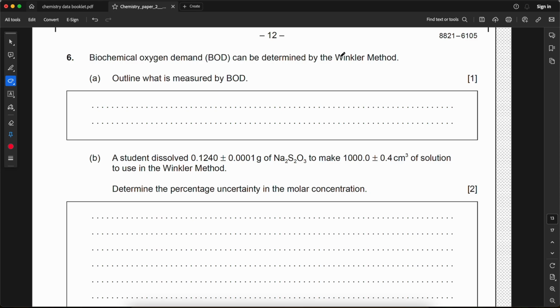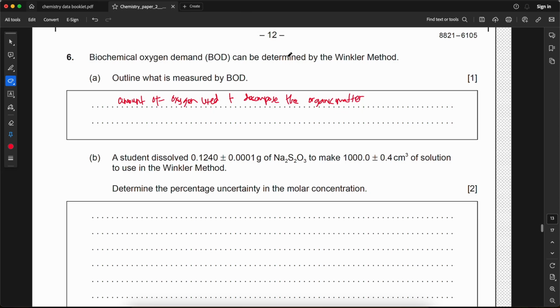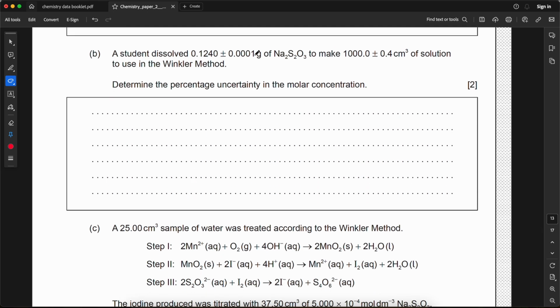Biochemical oxygen demand can be determined by the Winkler method. Outline what is measured by BOD. BOD means the amount of oxygen used to decompose the organic matter. A student dissolves 0.1240, the uncertainty is 0.0001 gram of sodium thiosulfate to make 1000.4